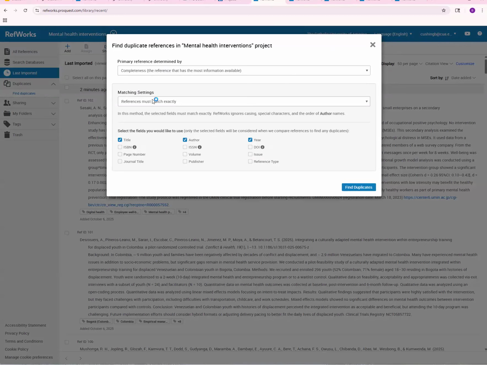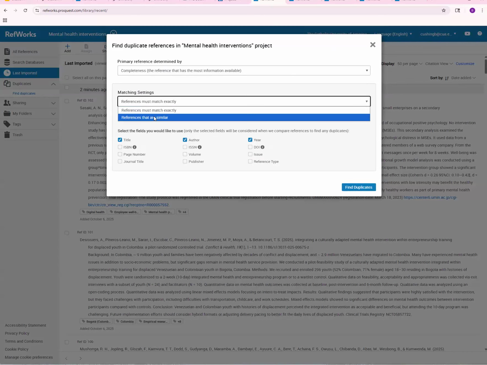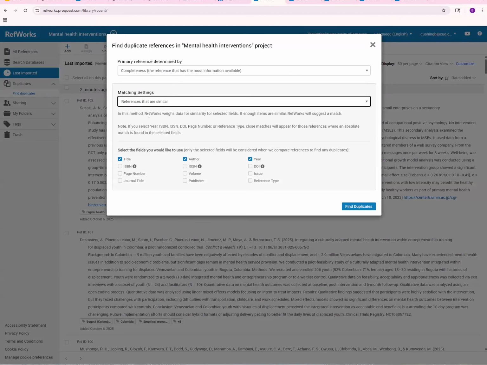Next, we have the matching settings. So references must match exactly for RefWorks to flag a duplicate, or references that are similar. When you choose the one that references are similar, RefWorks weighs the data for similarity for selected fields. If enough items are similar, RefWorks will suggest a match. Lastly, it has you select the fields you would like it to look for duplicates. This is just a way for RefWorks to be able to process it faster than searching every single field of the reference. The pre-selected fields are title, author, and year, but you can also select more such as ISBN,